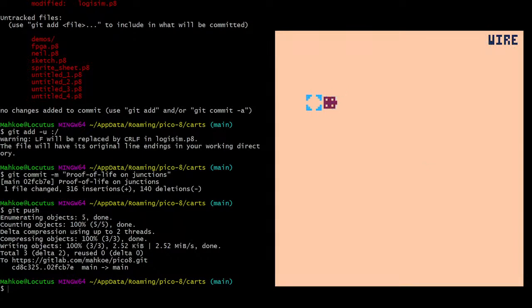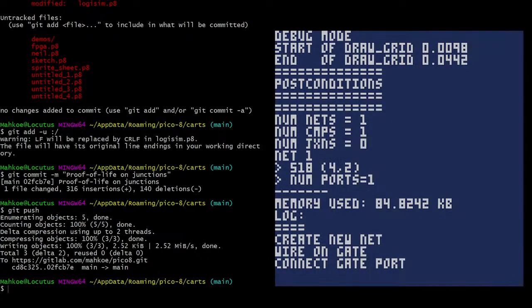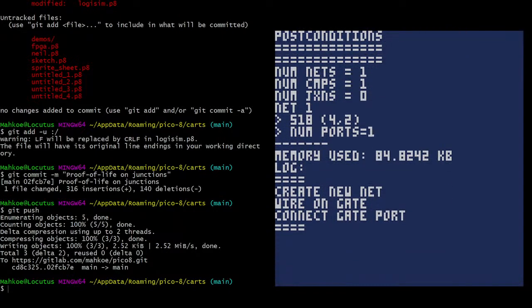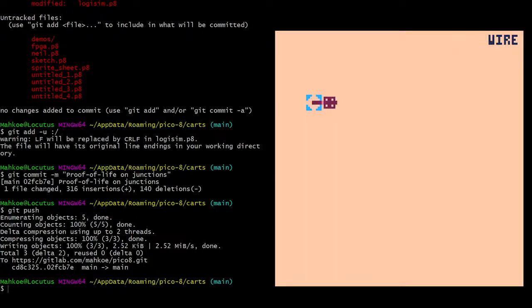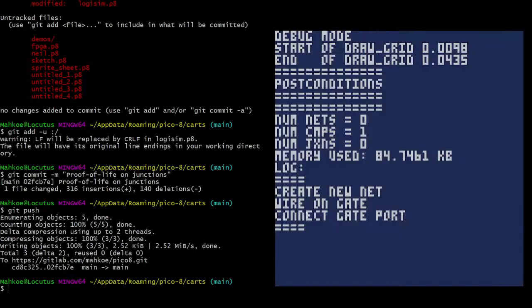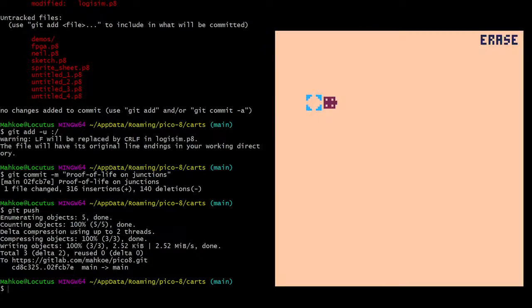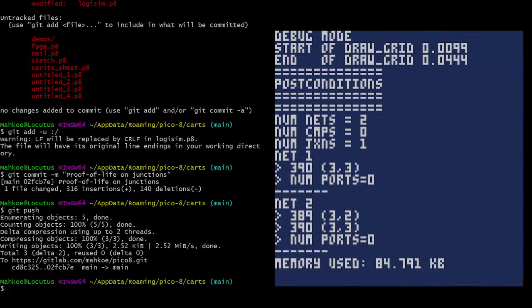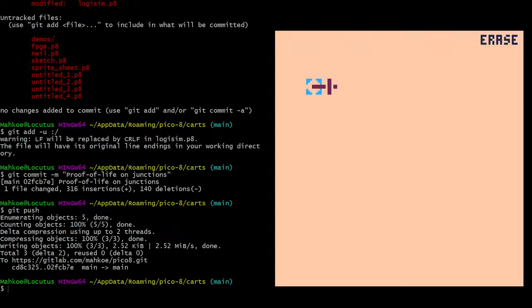So if I have a gate and I wire something up to it, check this. Net 1, just that. Num ports equals 1. Now if I erase this, it just deletes the net entirely. So that's actually fine. Right, I see why this doesn't apply to gates. So, all right, now let's see if we fix that issue with the junctions. So if I connect a wire to it, so far everything's fine. Now if I erase this,